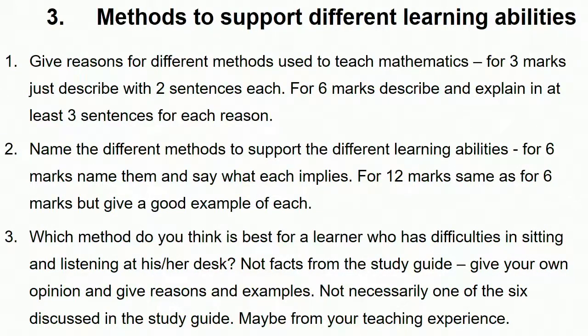sentences for each reason. Name the different methods to support the different learning abilities. For 6 marks, name them and say what each applies, and for 12 marks, same as for 6 marks, but give good examples of each. And a third type of question: which method do you think is best for a learner